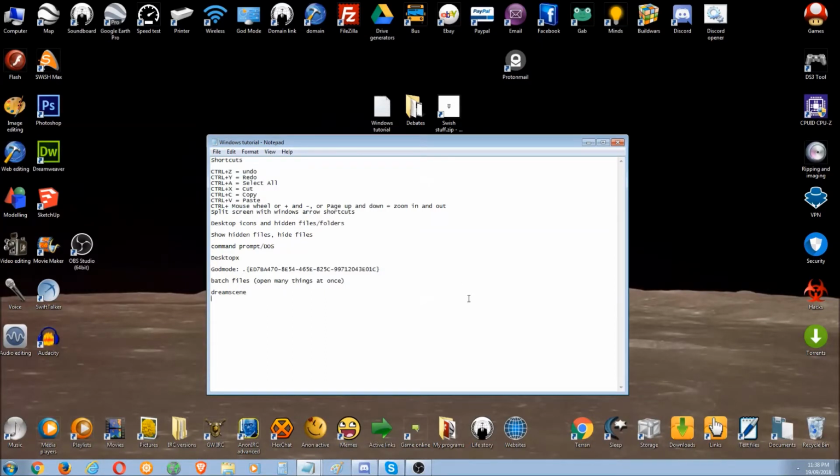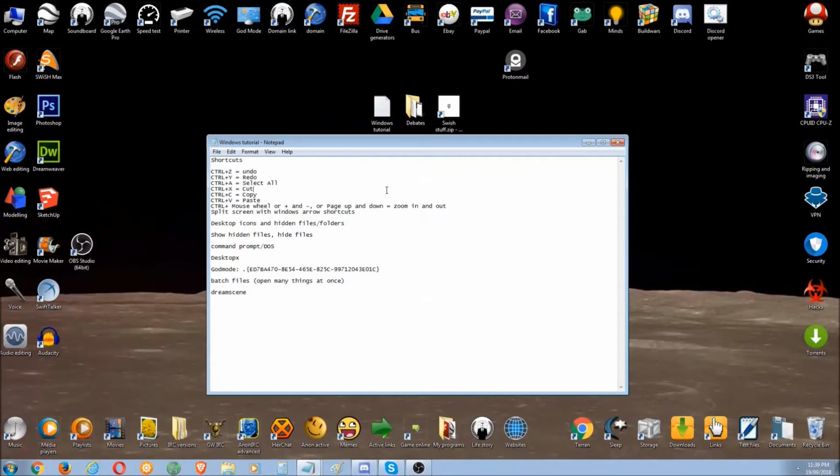They're important. And the minor one is zooming in and out depending on your program. It can be different depending on your program. It's usually hold Control and just scroll your mouse wheel, or hold Control and press the plus and minus buttons on the far right side of your keyboard. Sometimes the plus and minus near 9 and 0, but usually the plus and minus on the far right of your keyboard. Or sometimes it's page up and page down, which is on the right side of your keyboard near the top. So if you need to zoom in and out on some program and you can't figure out how,